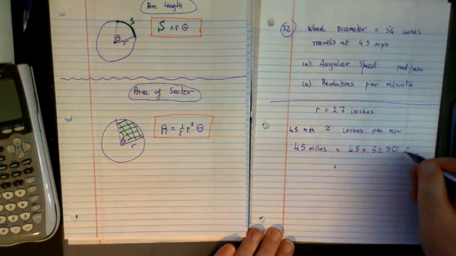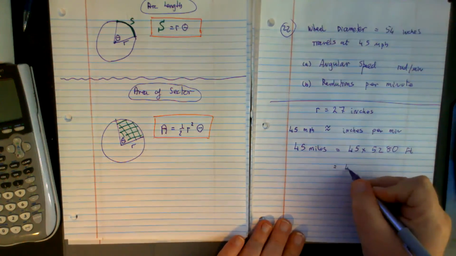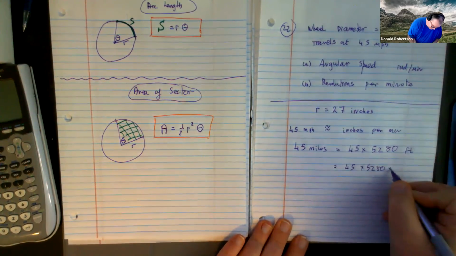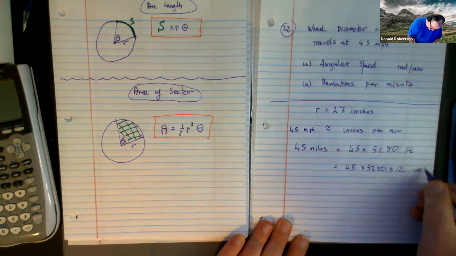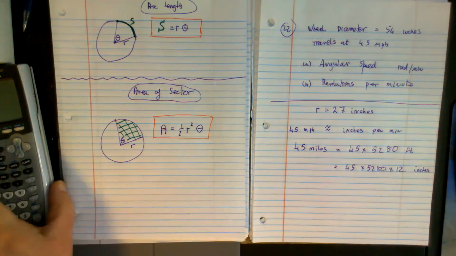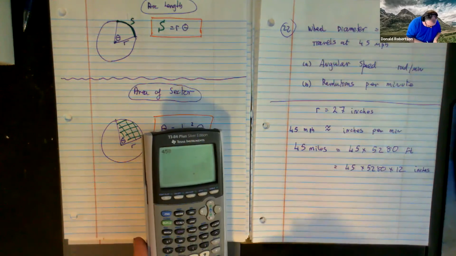Oh, that's feet, you're right. Wow. Shows you why I should keep well away from that. So isn't that 45 times 5,280 times 12 inches? Are we good with that now? Yeah. Now that is going to be some ridiculous number, but I do need to know what it is. So here goes. 45 times